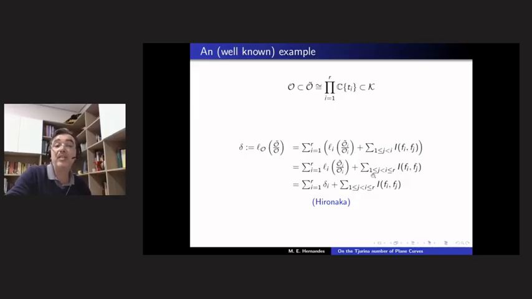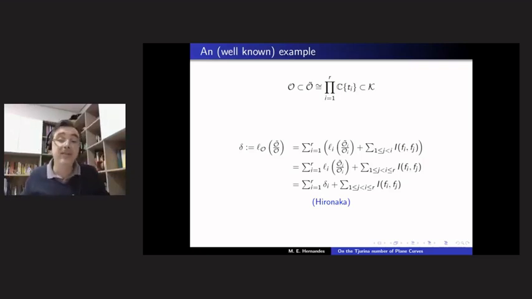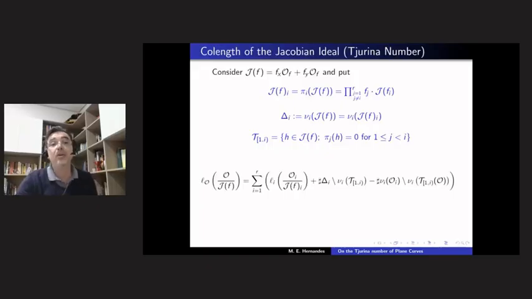And here we have the sum of the whole intersection multiplicity of Fi and Fj, when j and i vary from 1 to r. So this is only an example to illustrate the previous formula in the well-known case. But of course, we are interested in another fractional ideal. We are interested in applying the previous formula to the Jacobian ideal, to the extended Jacobian ideal, in order to